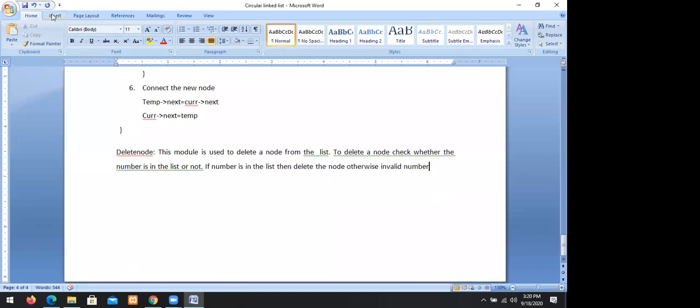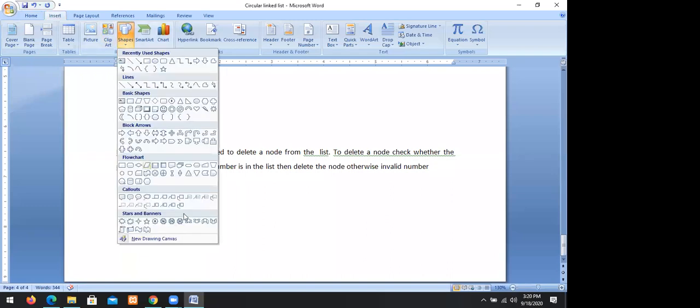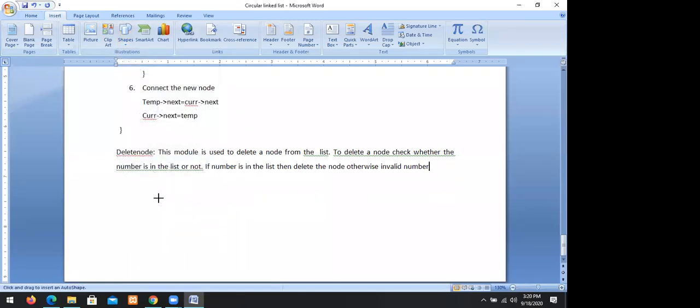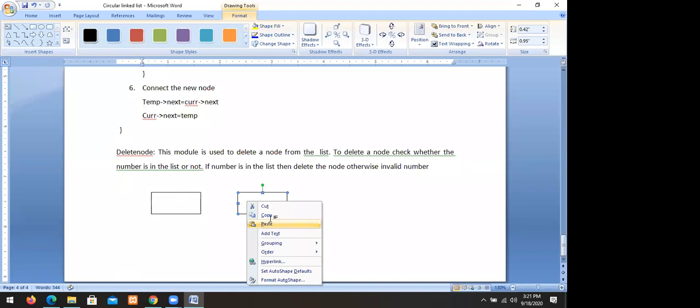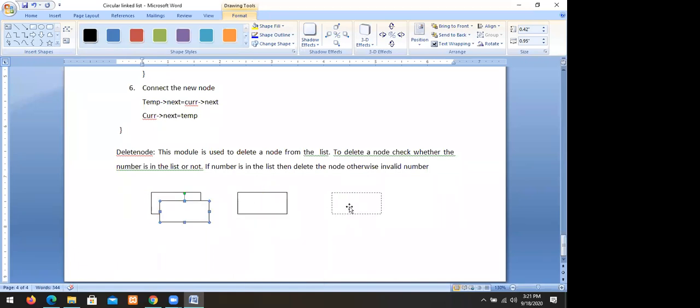Suppose this is the diagram. Let us assume that there are three nodes. This is another module, this is also another module. Let us assume that there are three modules.